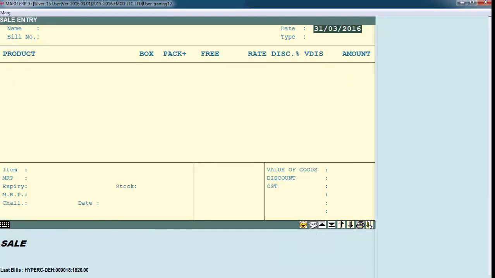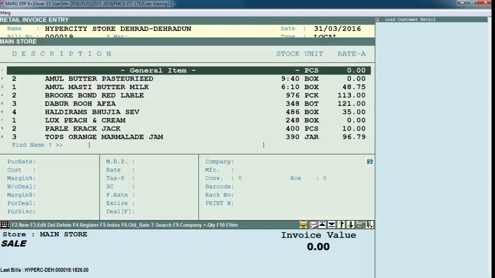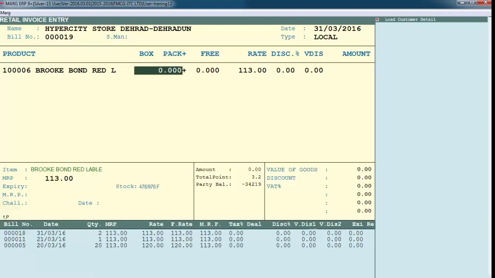Now this was simple billing. There are more speedy ways of doing billing. I'll quickly show you. Like when we enter on a product, our cursor switches to quantity. If you want the default quantity to be 1 or any other number, then you can enable that from control room.